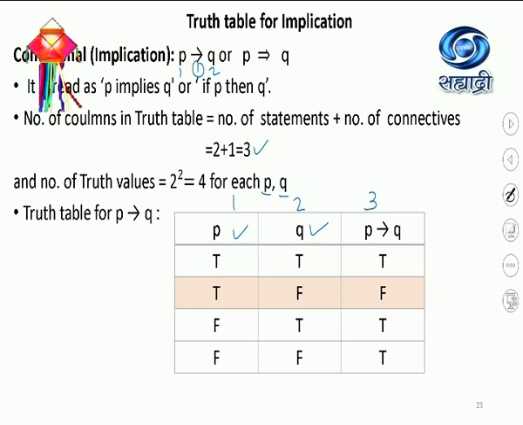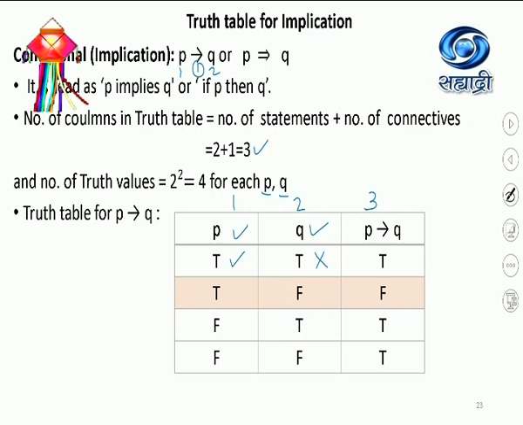Now for P implies Q, my suggestion is, this is a very simple case, having only two statements and only one compound statement with one connective. The moment you have more statements and more connectives, you better make use of the finger. I will show you how. The sequence is to be maintained for implication. The first finger of whichever hand, left or right, you will put for the value of P, and the second finger of the same hand you can put for the value of Q.